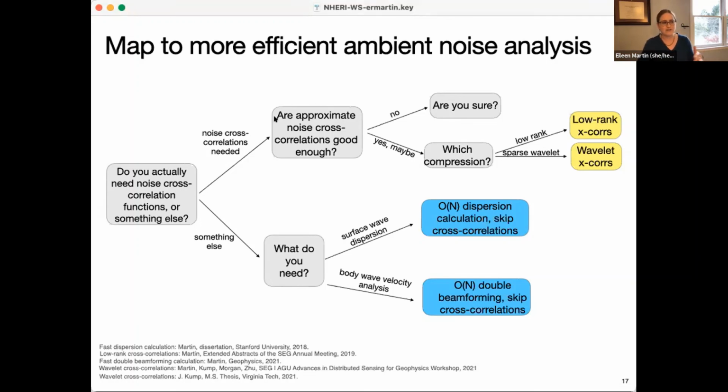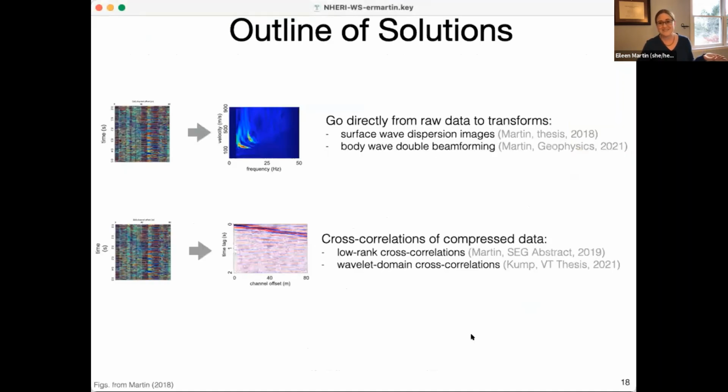We can also think about not just doing approximate cross correlations, but still calculating the same thing and revisiting our algorithms so that they scale better. For instance, if we just want to calculate our dispersion images to go into our surface wave inversion, we can skip the cross correlations altogether and do them implicitly as part of our dispersion image calculation from that raw seismic noise. And we can do the same thing if we're looking at body waves, trying to do double beamforming from our ambient noise analysis. I think I'm pretty short on time, so I'll have to skip over this last part,